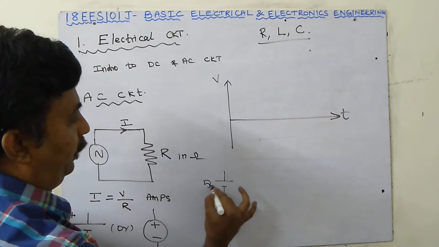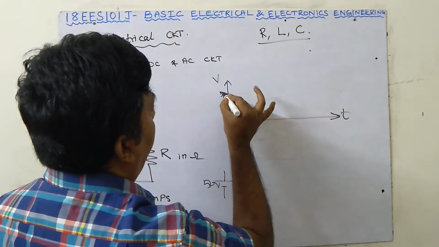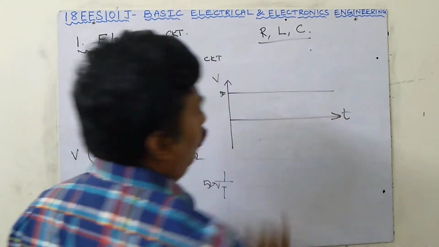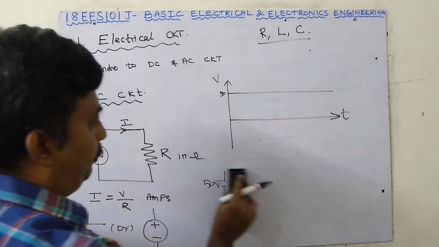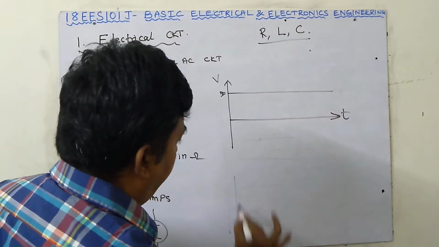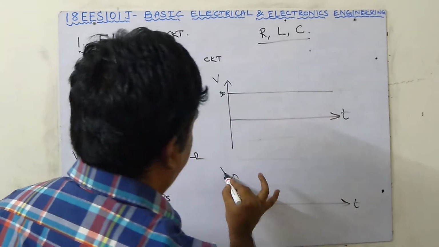Okay, this is 50 voltage, which means the magnitude of the voltage will be constant. Suppose this is 50, it will be constant. It will be 50 throughout the time. It won't change at all. But in AC, it is not like so. Suppose they are giving a particular voltage. They cannot give the value of this with respect to time, this is voltage.